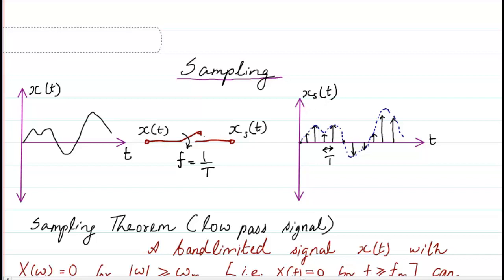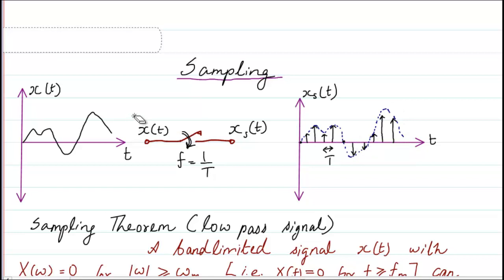of t. Now how do we sample? See, at every time interval of capital T, we are going to close the switch. So this switch is closed at every time interval of capital T. So what we will have is not the original signal as it is drawn here, but a sampled version of the signal. So sampling means what? To take a portion out of the original. That is sampling. So here we are taking some portions out of the original signal